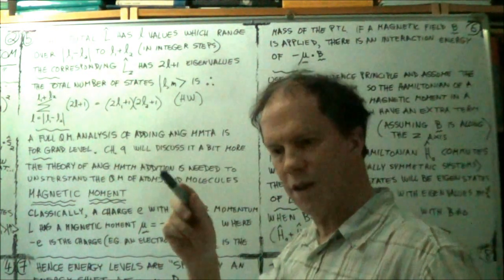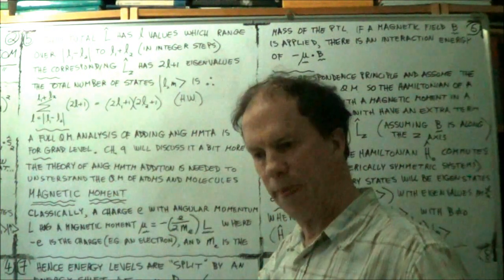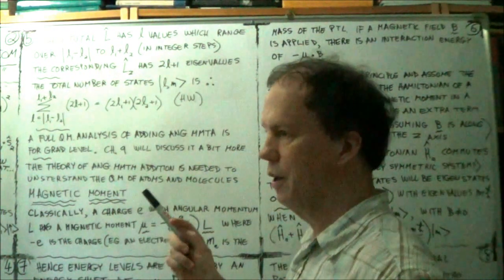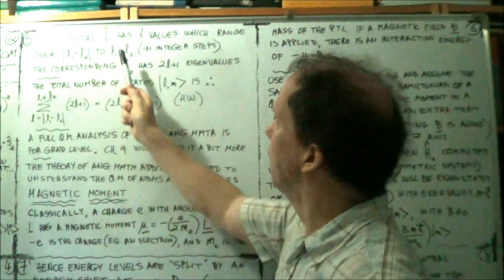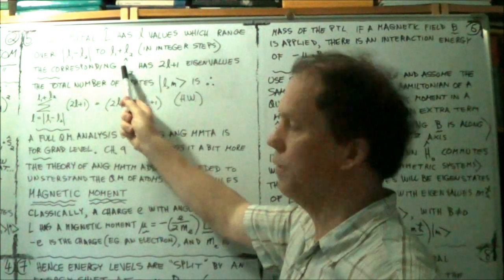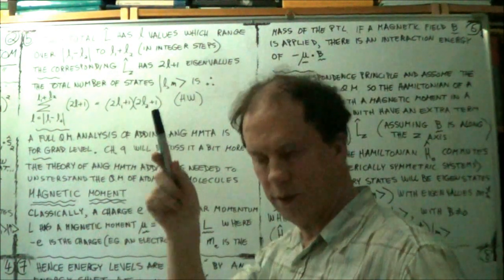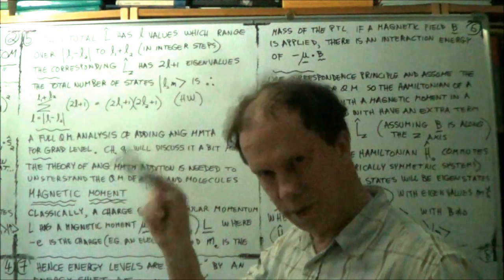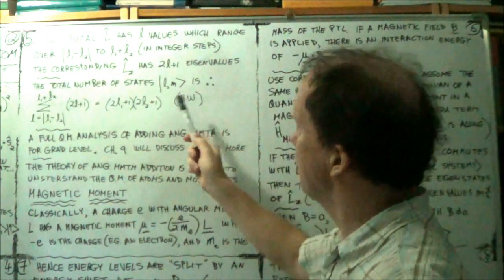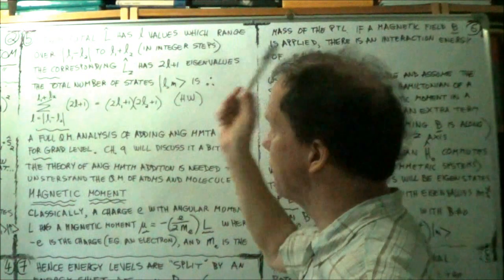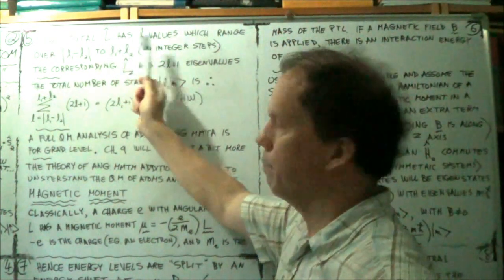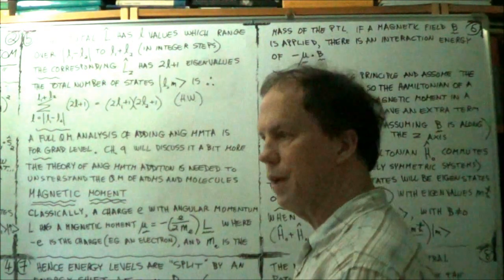So in this case, m would be the eigenvalue for the z component of this, where L now is the sum. So L hat is L1 hat plus L2 hat. Right? So for a particular state of this two system